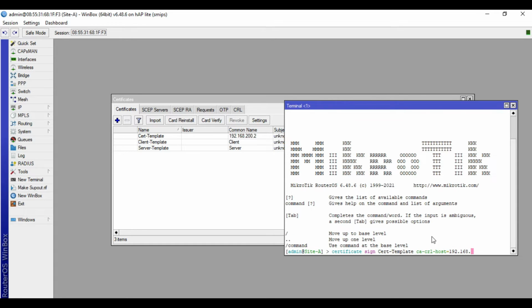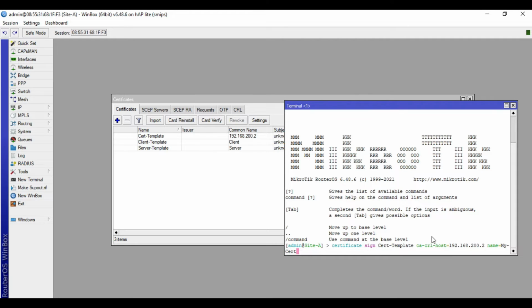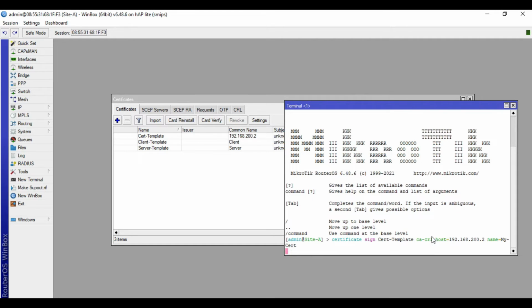In our case, it's 192.168.200.2. Then put a name. I'll name this one my cert. Then press enter. Wait for the process to finish.